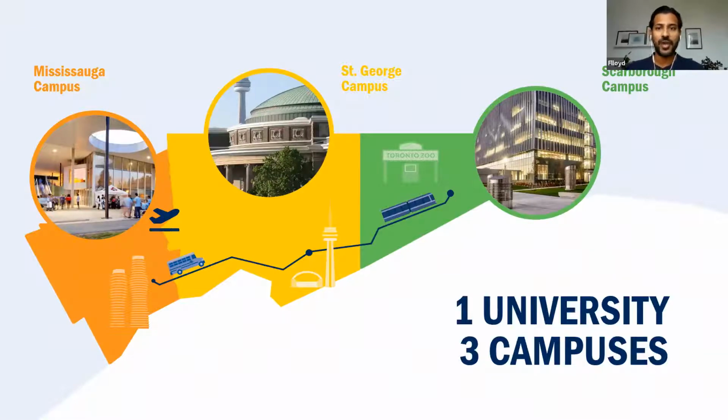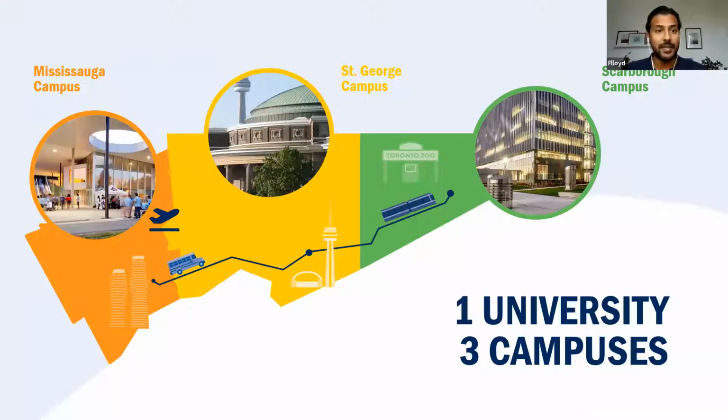So first of all, you know that we have 3 incredible campuses that span the Greater Toronto Area. St. George being that central campus, the oldest and founding campus, U of T Mississauga in the west, about 30 kilometers west, really gorgeous green campus, about a mid-sized campus when it comes to the number of students, and U of T Scarborough in the east, again about a mid-sized campus, about 30 minutes east of the downtown core.